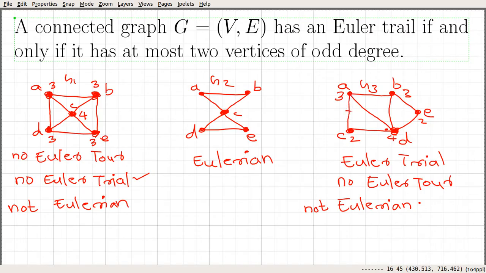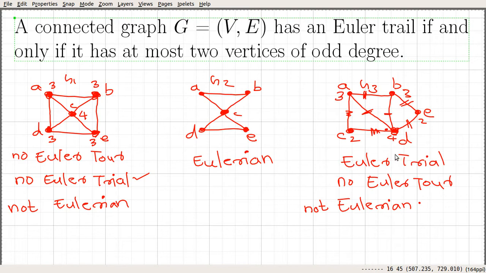From A we use this edge, go to C. Then use this one. Then use this edge, then use this edge, go to B, then use this. Once you are here, you are not allowed to use all these 3 edges. You must use this, and in the next step you must use this. So we can see that we have an Euler trail here. That particular trail contains all the edges here.